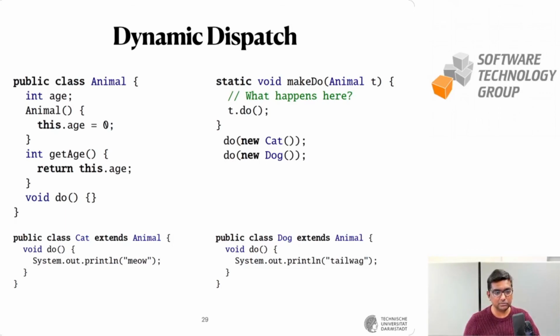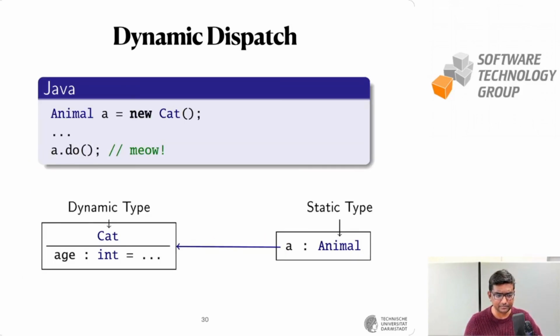So now the question is, what would make do do, right? This depends on how do is called. Here, if you call do with a new cat or a new dog, it dynamically dispatches the variant of the method do based on what object is initialized, right? So I will not go into the depths of how dynamic dispatch is implemented, but to understand the notion of